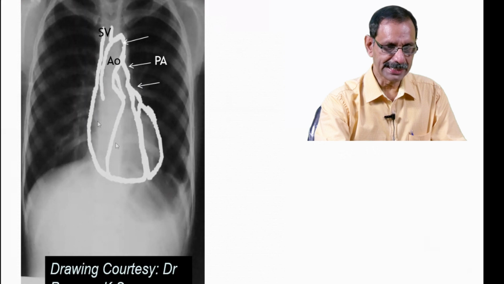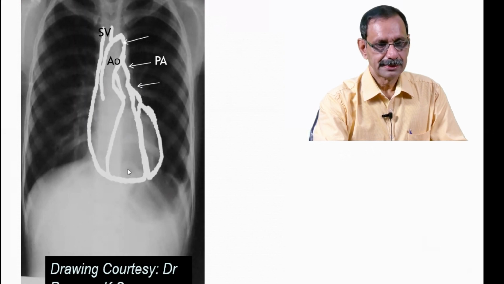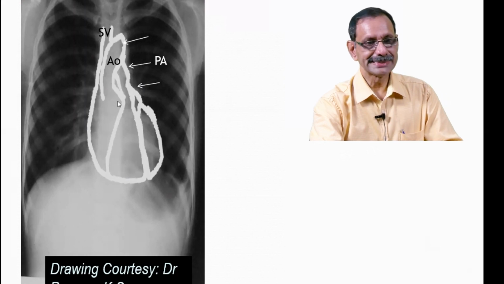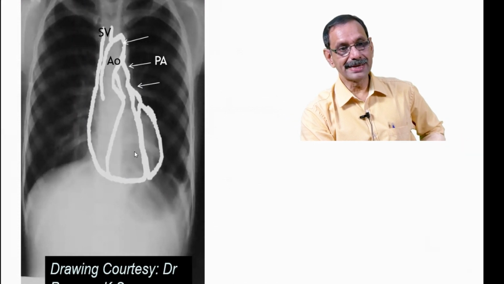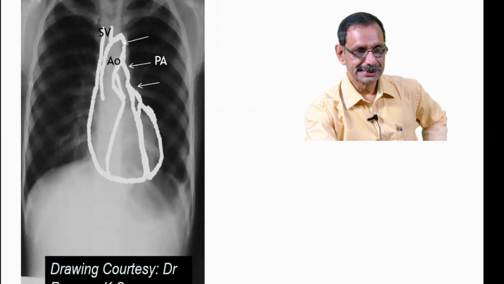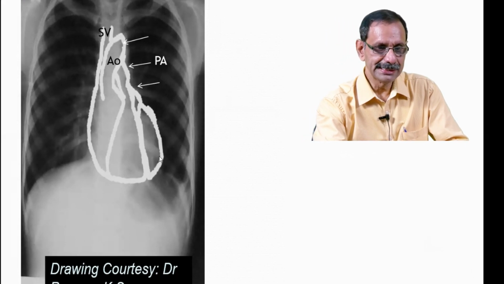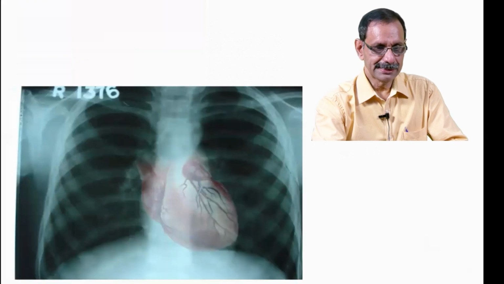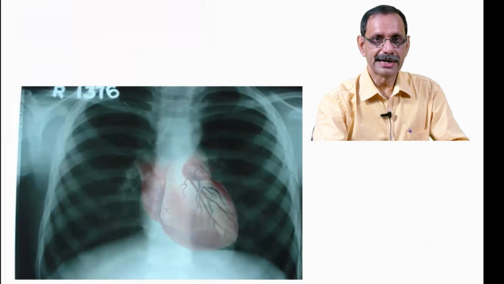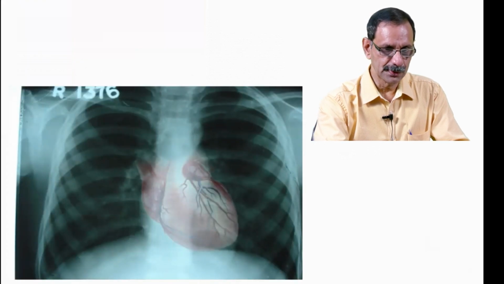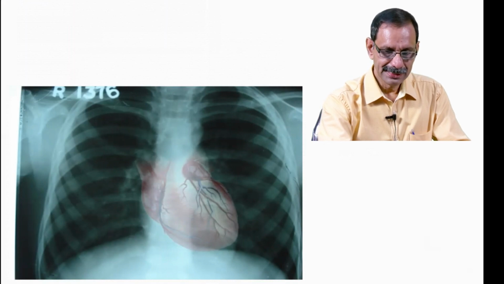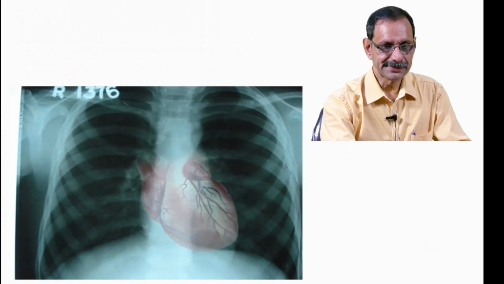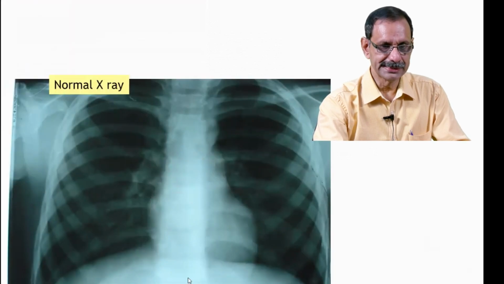This is the right ventricle, just beneath the left side of the sternum. So that is why in right ventricular hypertrophy we get a left parasternal heave. See, it is just beneath that. And this is the left ventricle. And this is a superimposition of a heart over the X-ray to show where the right atrium is sitting and where the right ventricle is. See, this is a normal X-ray, and we will just see.